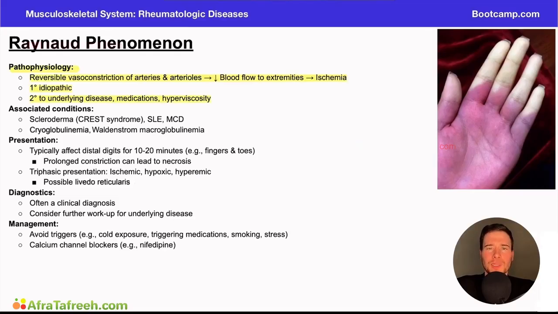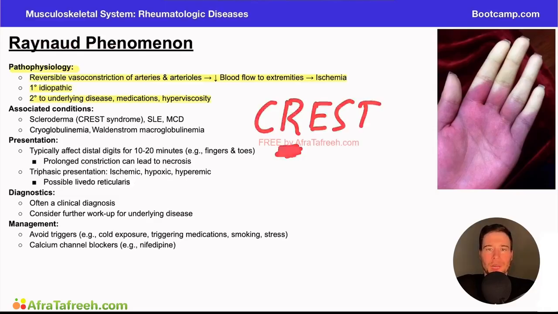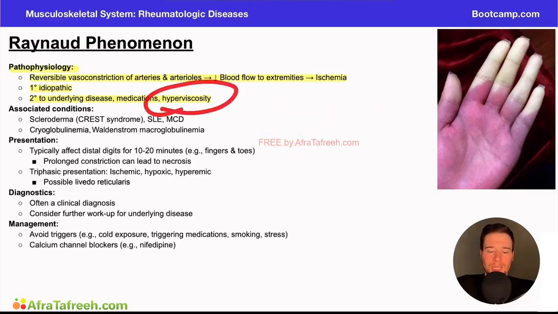Well, we could be dealing with things like beta blockers. We can also be dealing with underlying diseases such as connective tissue diseases. One of the classic ones being scleroderma or the CREST syndrome. The R in the CREST syndrome is to remind us of the Raynaud's phenomenon. We can also see this in patients who have hyperviscosity. These include things like polycythemia or cryoglobulinemia, any condition that really thickens or increases the viscosity of the blood flow